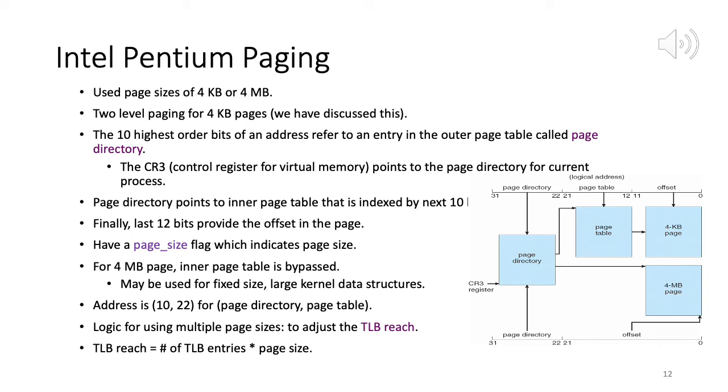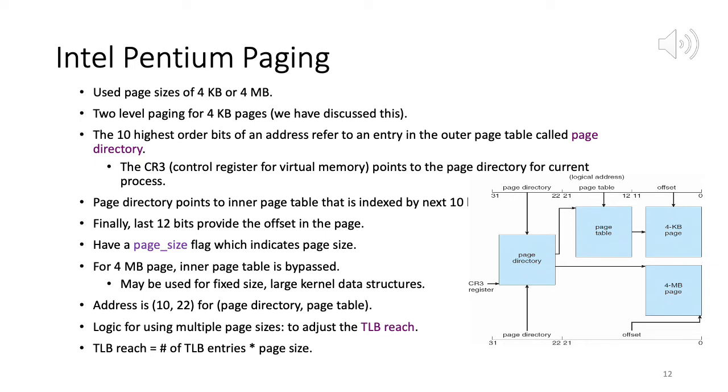A related issue is that it's hard to predict the memory patterns of processes. When I open up Microsoft Word, the operating system has no way of knowing whether I just want to print a document, or whether I want to do some typing, create a table, or do a spell check. So if the operating system can find ways to predict which parts of the process are needed, that will really help. Therefore, what this Intel Pentium does is it uses two page sizes, 4 KB and 4 MB.